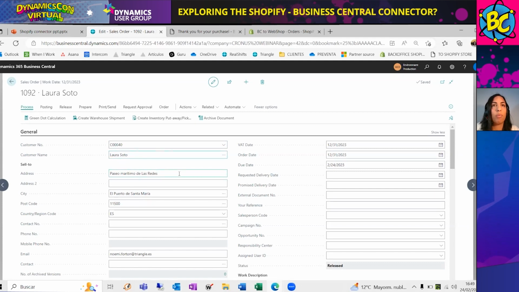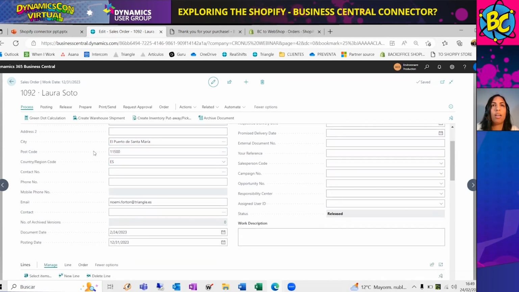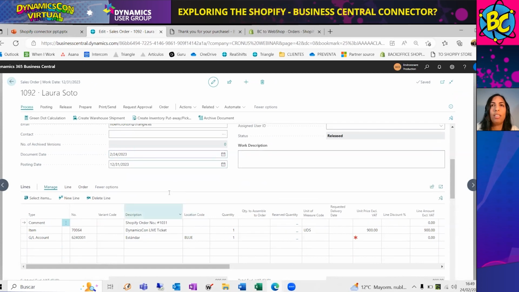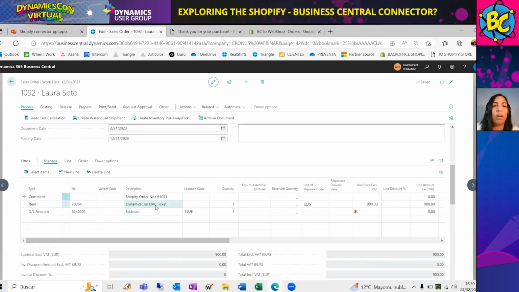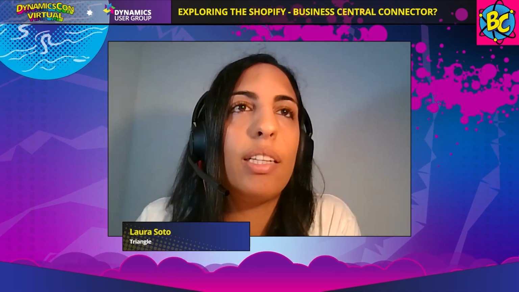We have as well the name of the customer, but as you can see in the sales lines, a first line with a comment has been added with the reference number of the Shopify order. What else? We also have, of course, the products purchased, the quantities, and with the type line of account, we have the shipping that had no amount in this example because it was free. Okay, so now let's start